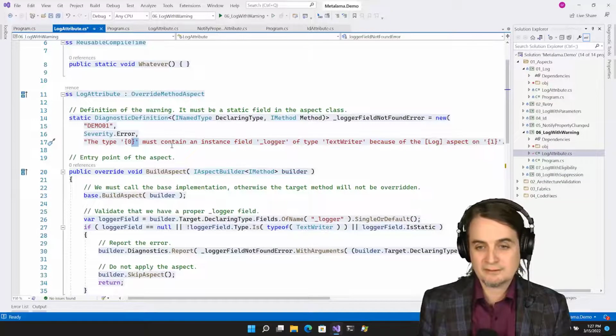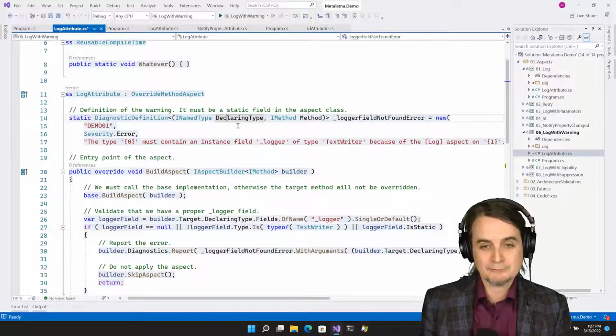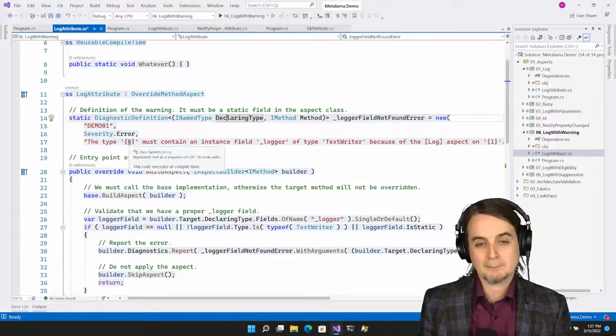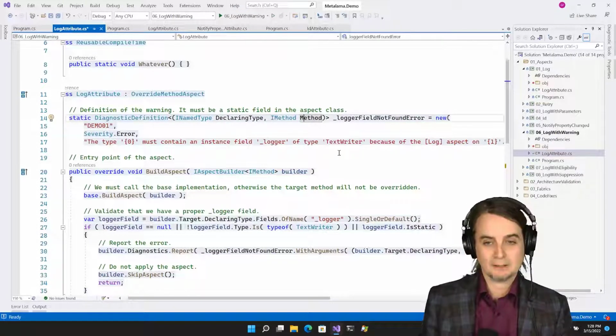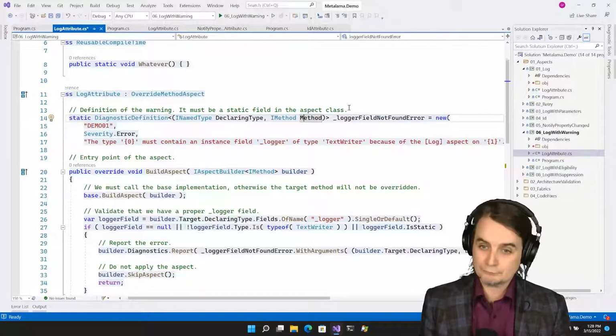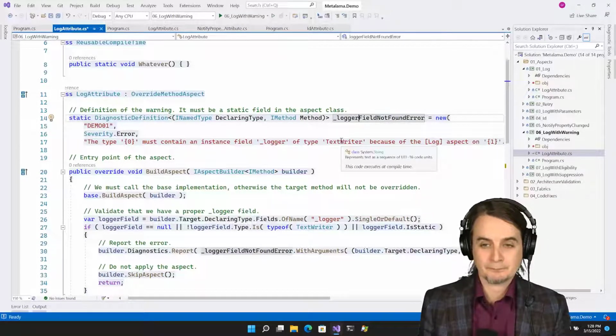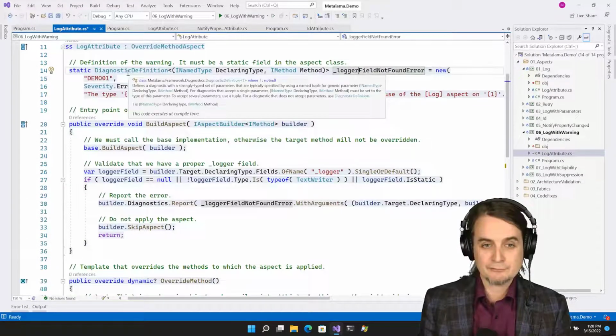The error message can have placeholders here, and we recommend to have strongly typed diagnostics where every placeholder here is an item of a tuple of the right type. So first step, you define the diagnostic definition.